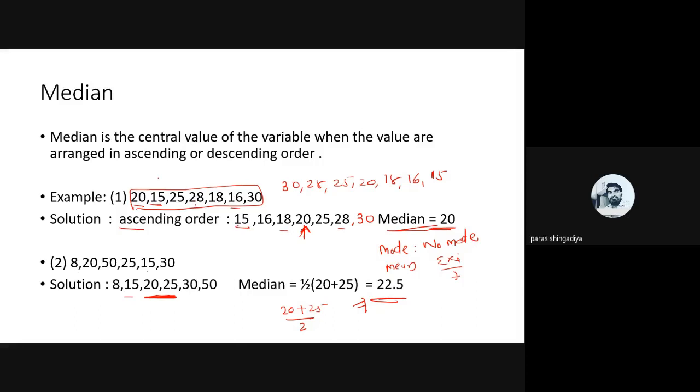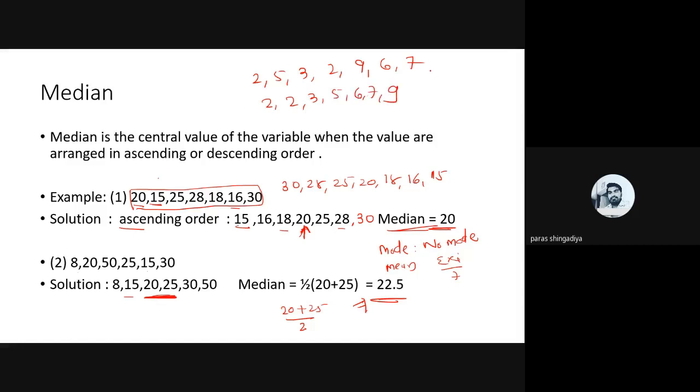Clear? But if we modify this data and include repeated numbers, for example, let us consider the data 2, 5, 3, 2, 9, 6, and 7. Clear? Find the median, mean, and mode of this collection. Let us first arrange in order: 2, again 2, then 3, 5, 6, 7, and 9. That is the ascending order.